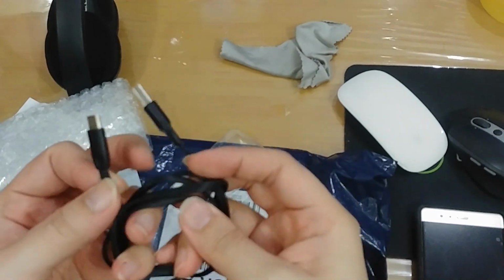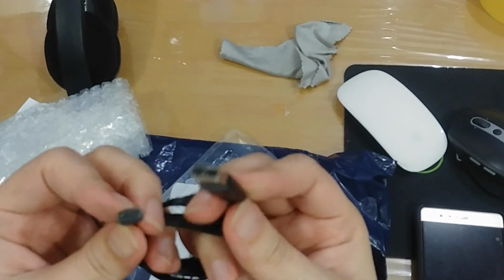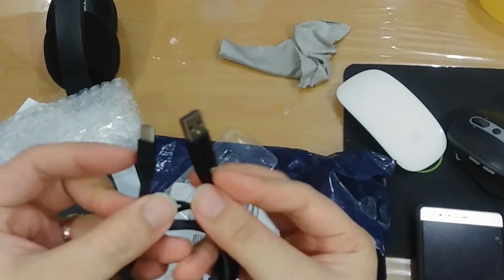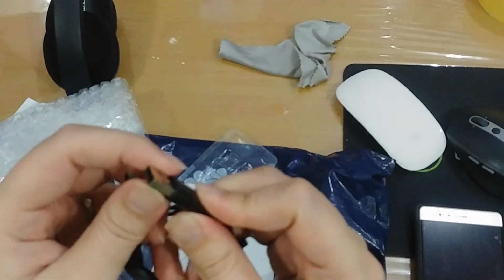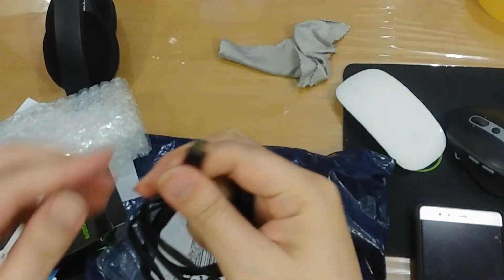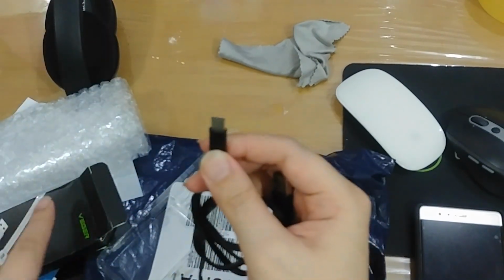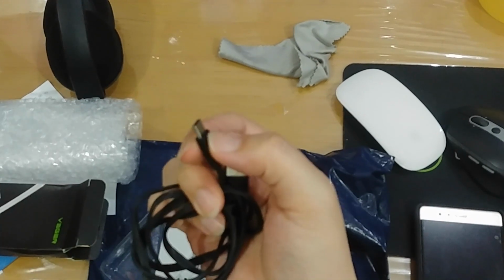But these cables, they don't look like very good quality. The connectors themselves feel okay. One of the things that I bought this cable for is that it looks like it has a very